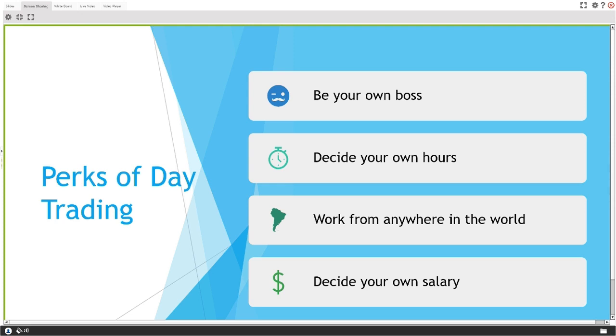They want Lamborghinis, they want mansions, they want to travel the world within a month of learning how to trade the stock market. I'm not saying you aren't going to be successful in a month, but I'm saying it takes a lot of work to get to the goals that you want to get to. Possible, 100%, but it is going to take time.